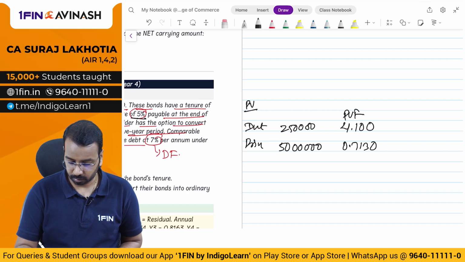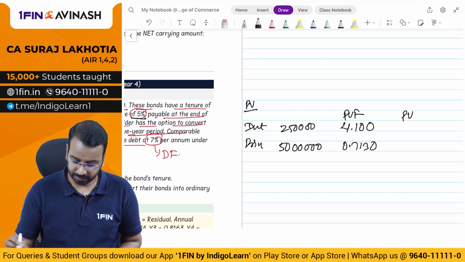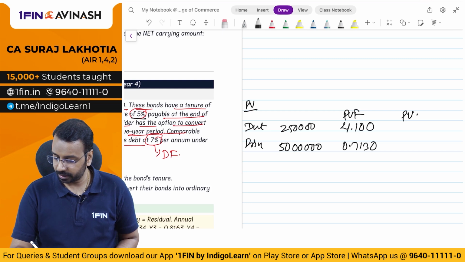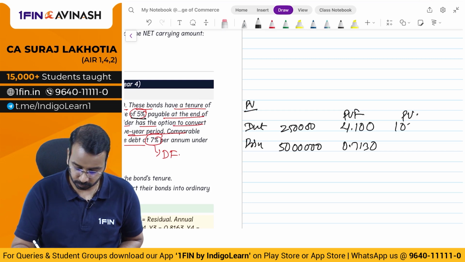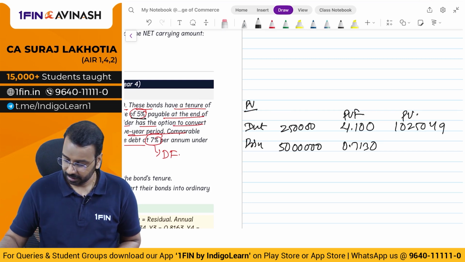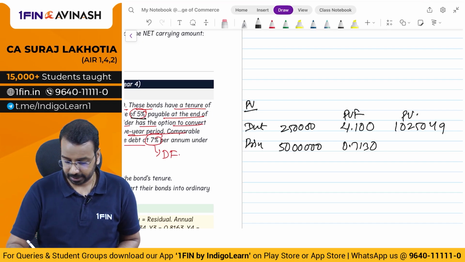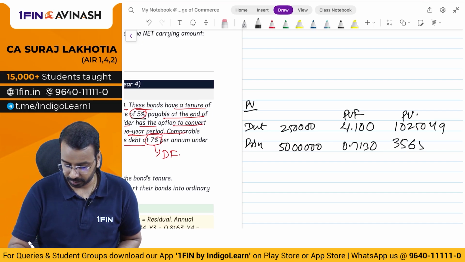Present value is 4.100 into 2,50,000, 10,25,049, and 50 lakhs into 0.7130 is 35 lakhs 65,000